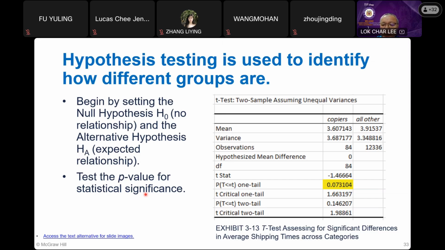Here, how to interpret the output: if you look at the p-value one-tail. One tail means one side, not two tail. Two tail means left and right. One tail means one side only. So in this case, if you see the value less than 0.1, so the relationship is